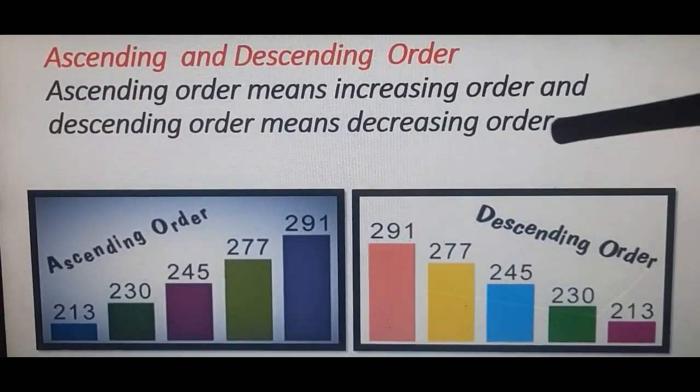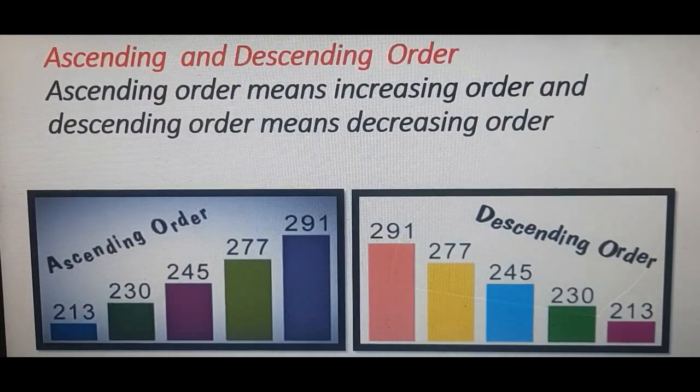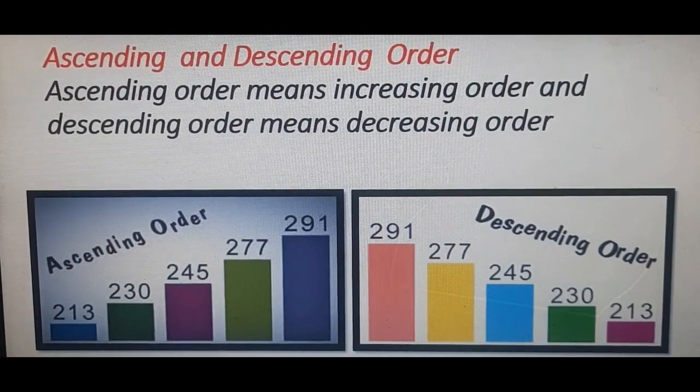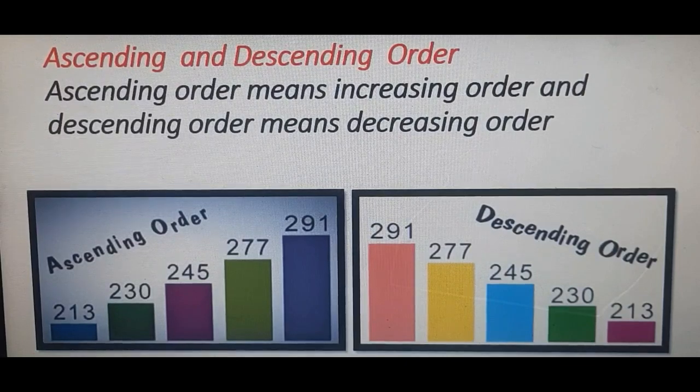Now let's move to our next topic, ascending order and descending order. Beta, all these topics are very easy and you have been doing them since class first. Many topics you started in class first, and now also we are doing them. So it should be clear in your mind what is the meaning of the given word. Like if it asks for successor, you should know it means we have to add 1 to the given number. If it is ascending order, it should be clear in your mind that ascending order means increasing order. So keep these things in your mind instead of just learning by rote.